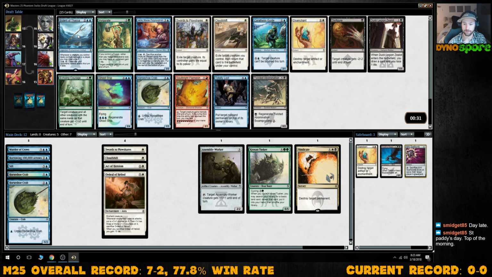I'm going to go Bident of Thassa. We can start picking up creatures with evasion. I know Swords to Plowshares is really good too, but I think this is a pretty solid win condition because you can make people attack into you too. So if you have big blockers, you can kind of screw them over that way. Swords to Plowshares is really good, but